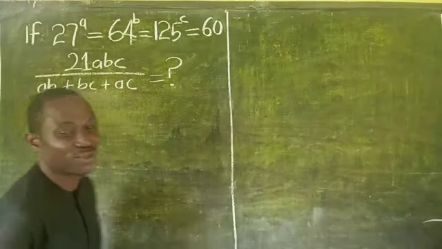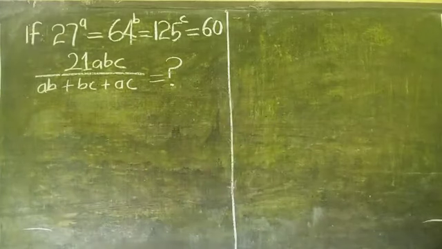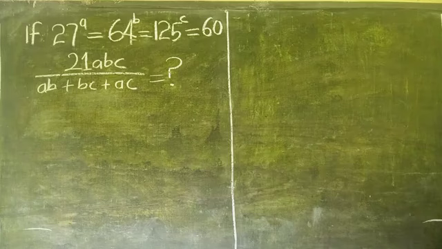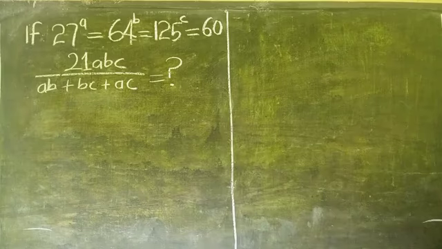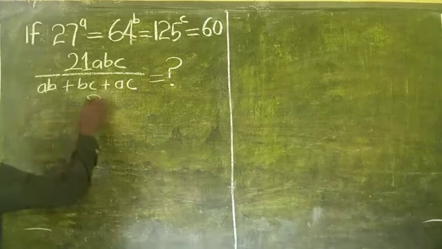Today we're having a very unique question, and it reads: if 27 raised to power a is equal to 64 raised to power b is equal to 125 raised to power c, all equal to 60, we shall evaluate 21abc all over ab plus bc plus ac. So if we start by saying solution,